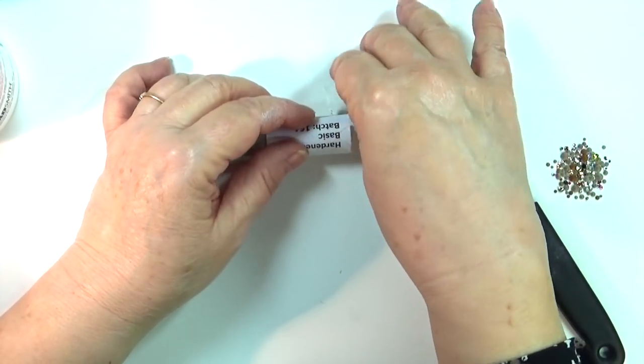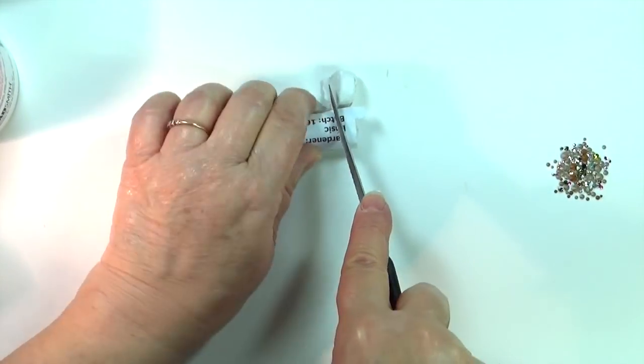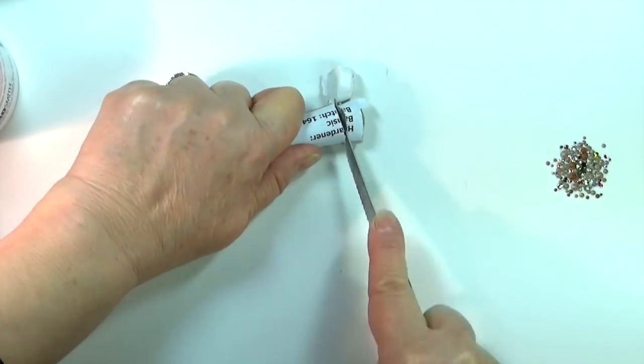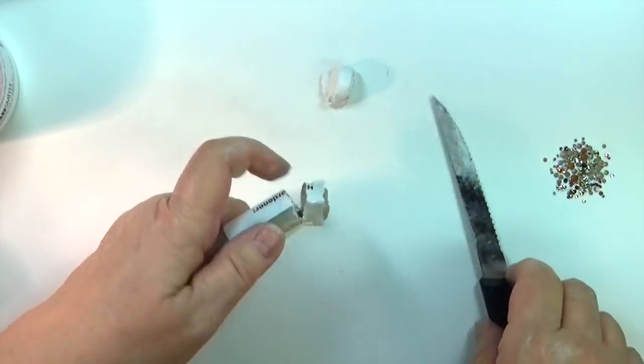But just to let you know, because I know some people are sensitive, this isn't a lightweight thing. It's not heavy duty, but it's not a lightweight. So I'm going to get my hands out of the way, and I'm going to try and cut about the same amount of the hardener. Now, I could peel it out of that too first for cutting it. That might be nice, you know, but